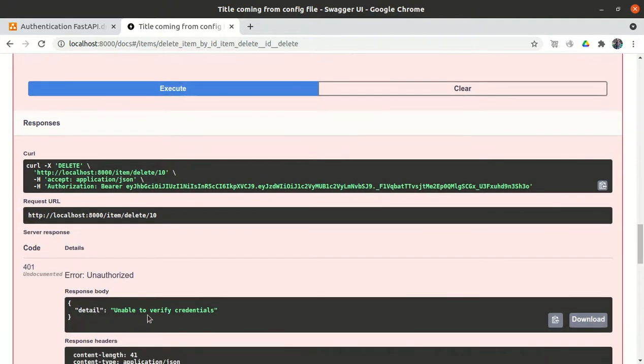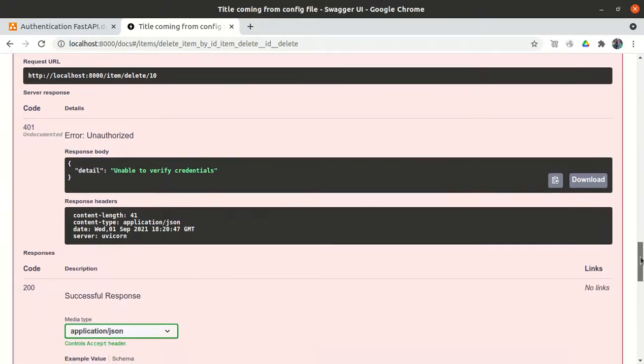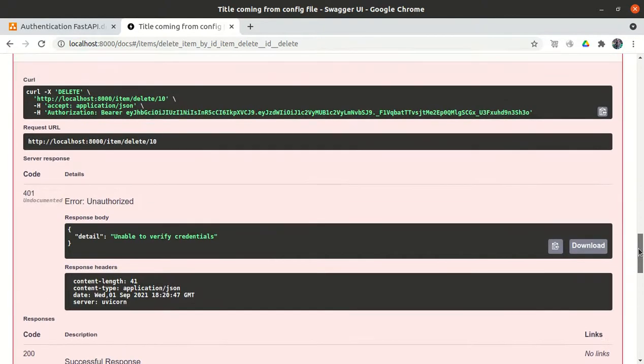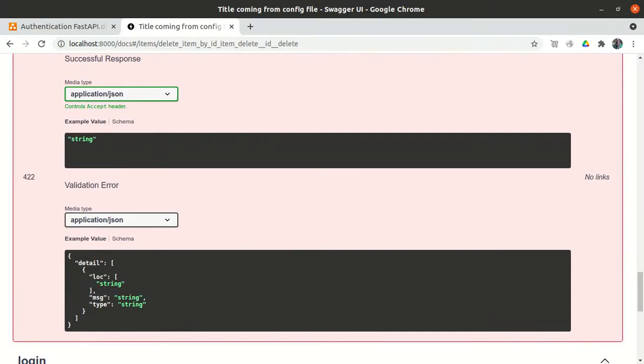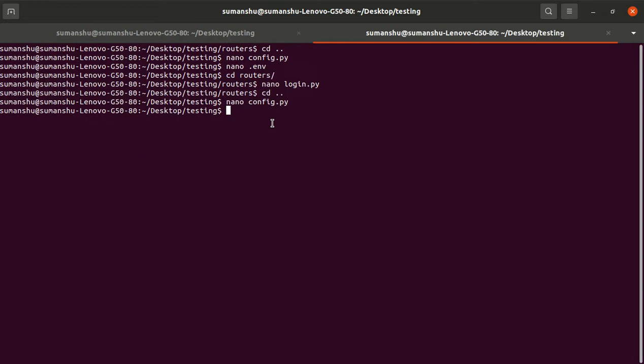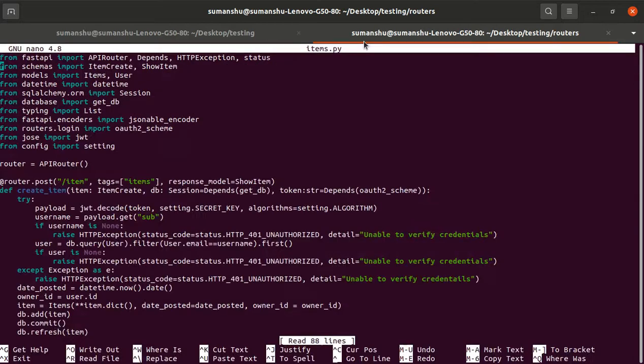So it says unable to verify credentials, and this is wrong. Credential is okay. Something is wrong. It should not be unauthorized. cd routers, nano items.py file.